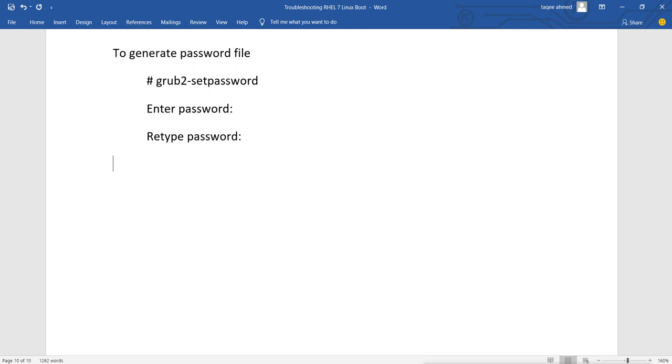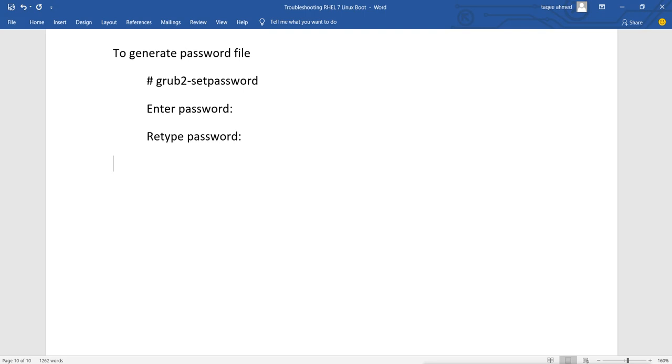If you try to reset the password for root, you may find that grub also has a password. So now what? Now you have to reset the password for grub also. Otherwise you are not able to access your system and you have to reinstall everything.